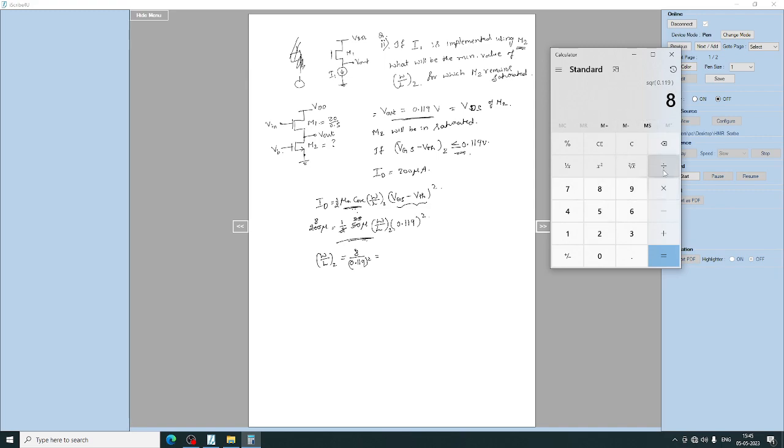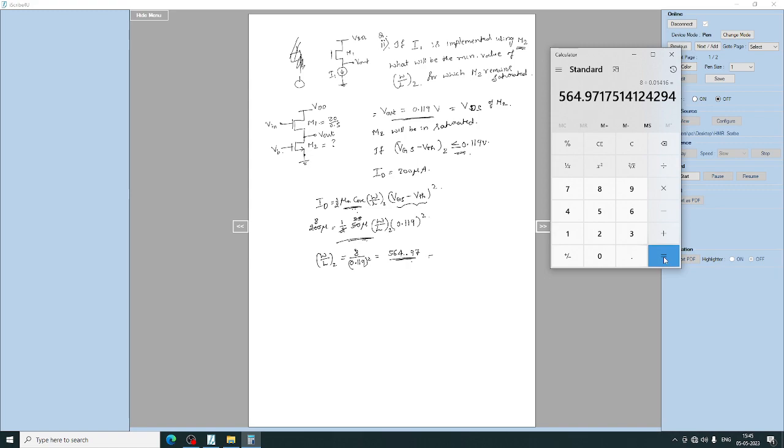So 8 divided by 0.01416, you get around 564.97. This is the ratio you get. So making it approximately equal to something divided by 0.5,